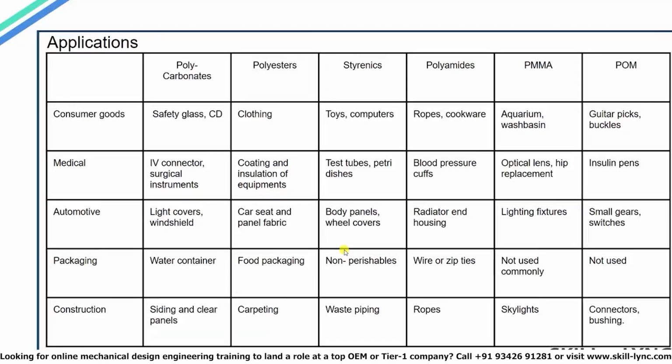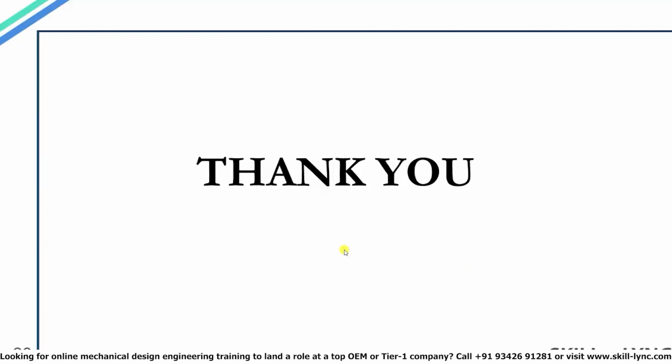And this slide here shows some common applications for the various types of plastics which we have discussed. By the end of this session, you should have grasped a basic understanding of how the injection molding process works. We will be discussing the injection molding process in detail in the next session, and you should also be familiar with terms such as mold cycle, thermoplastics, and thermosets. We also discussed the plastic processing methods other than injection molding in this session, and you should also be aware of the major plastic types used in injection molding.